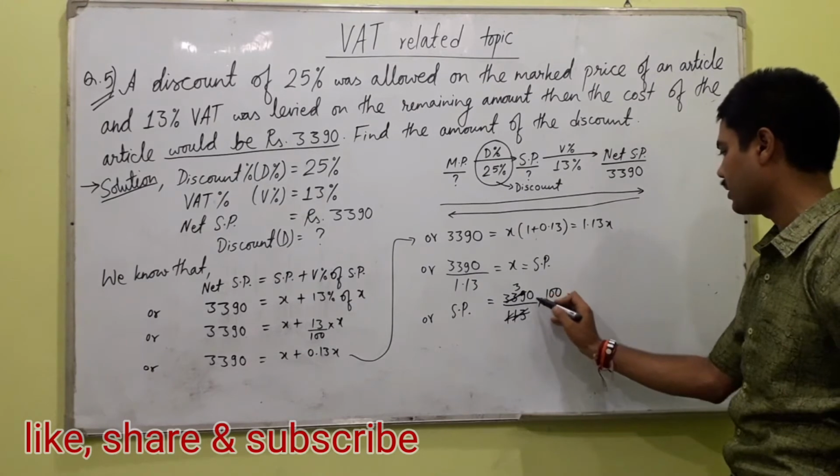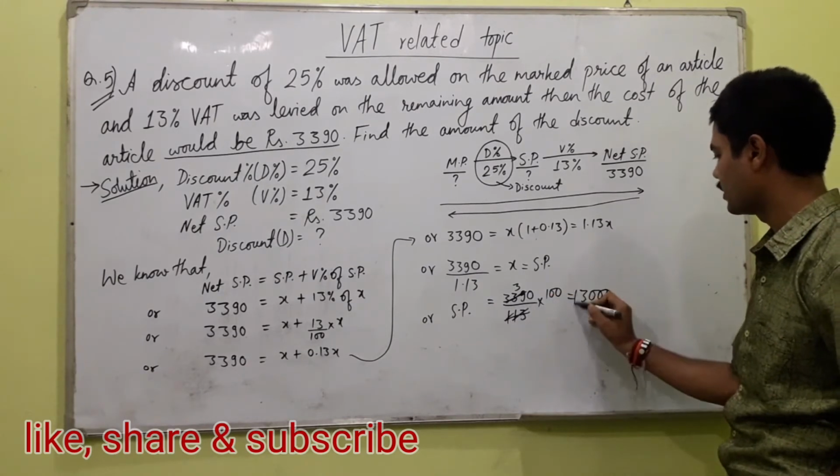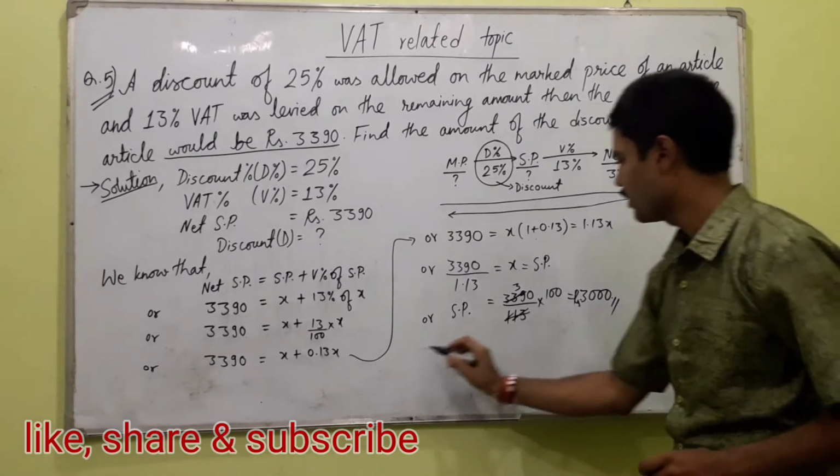Here 3 and 0, 30 and 1000. There you will get 3000. So the selling price is 3000. Then